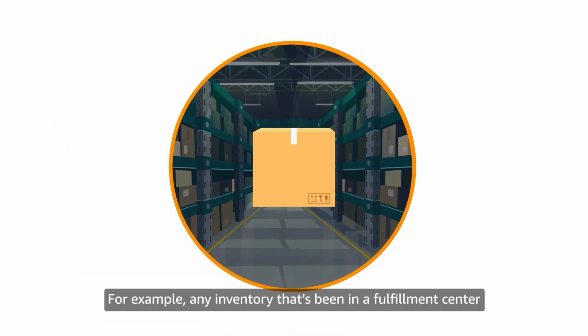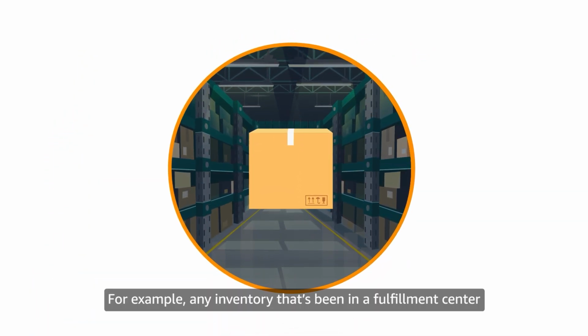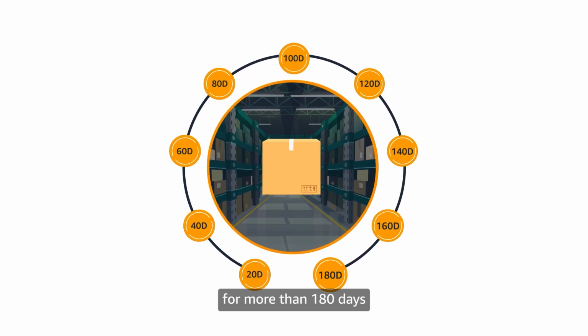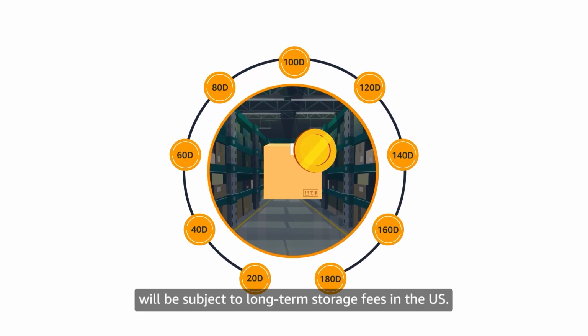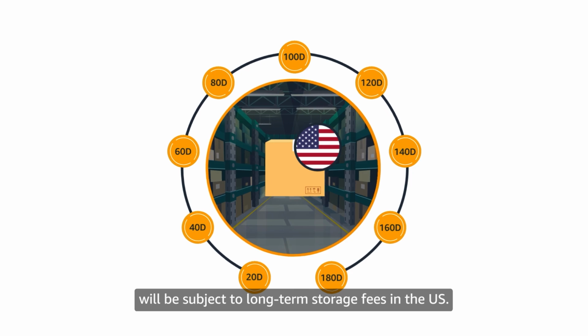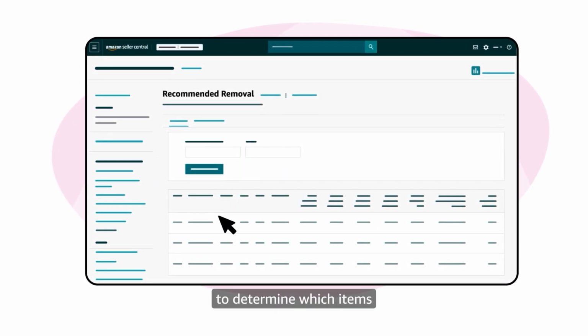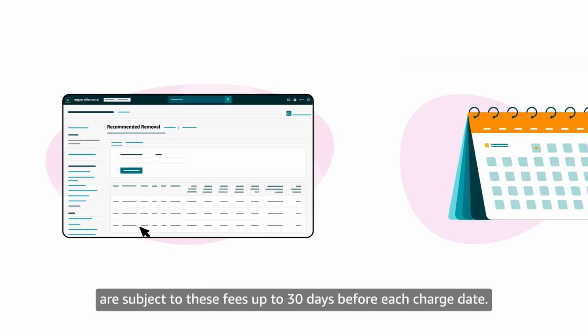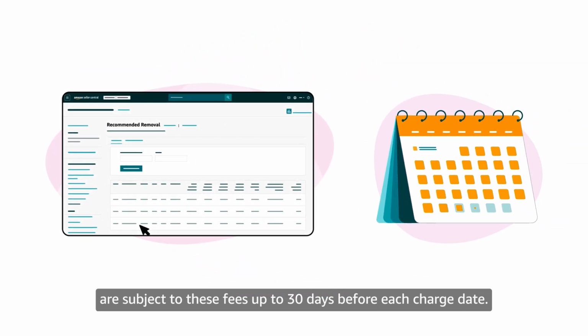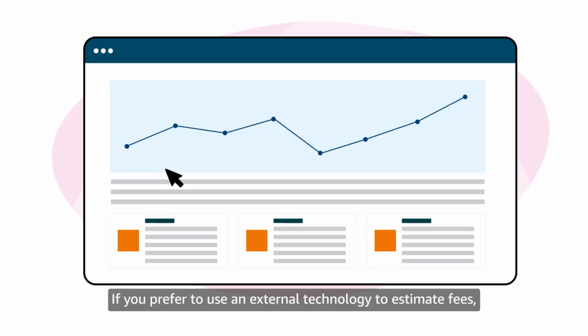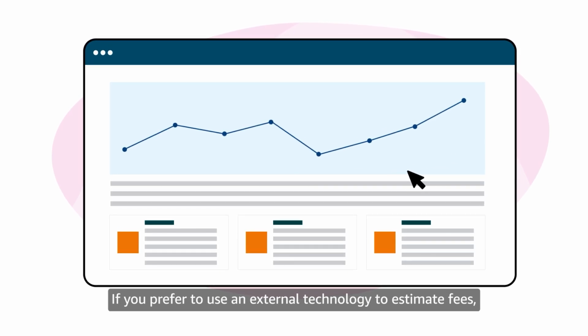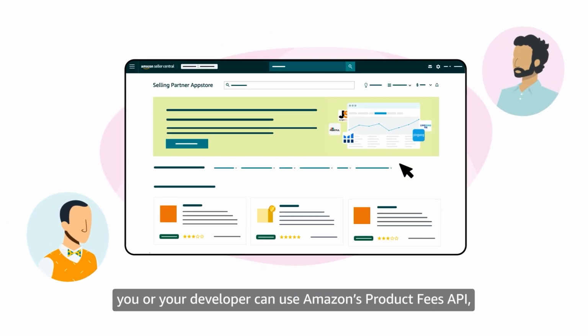For example, any inventory that's been in a fulfillment center for more than 180 days will be subject to long-term storage fees in the U.S. You can use the Recommended Removal Report to determine which items are subject to these fees up to 30 days before each charge date. If you prefer to use an external technology to estimate fees, you or your developer can